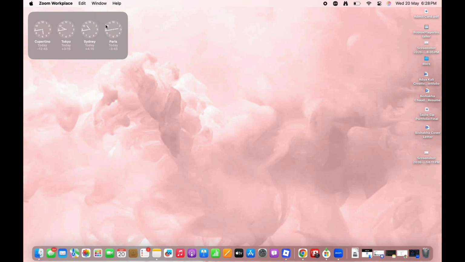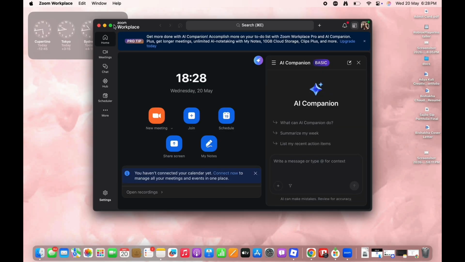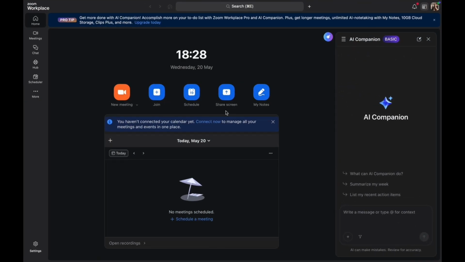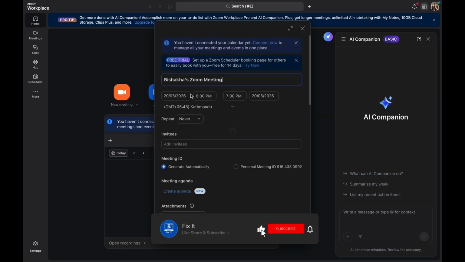Now let's get right into the tutorial. Firstly, go ahead and open Zoom on your device and make sure that you are logged in. Here, you will then see the option for schedule. So tap on the schedule option and you will now be required to go ahead and fill in the required